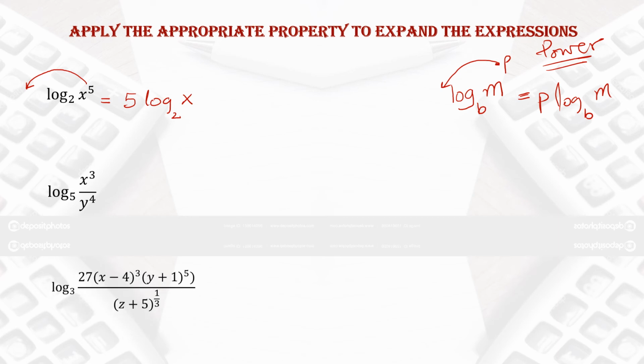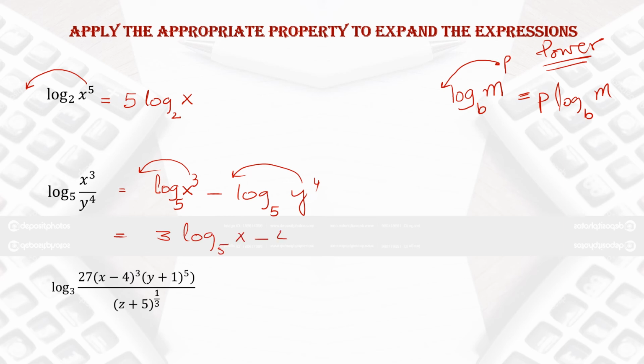Now see here, you have two terms which are dividing with each other, and with every term there is a power. So first step is as you did, whatever is up with the positive sign, whatever is down with the negative sign. It means you will write log base 5, x cube is up. Then y to the power 4 is down, so put the negative sign, log base 5 of y to the power 4. Now after applying the quotient property, bring the power before the log. So you will write 3 log base 5 of x minus 4 log base 5 of y.